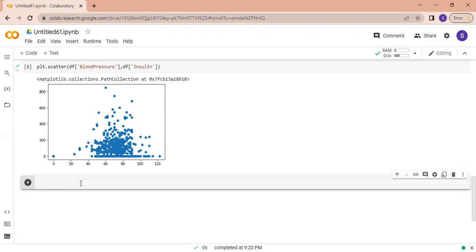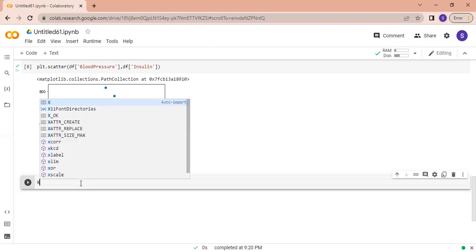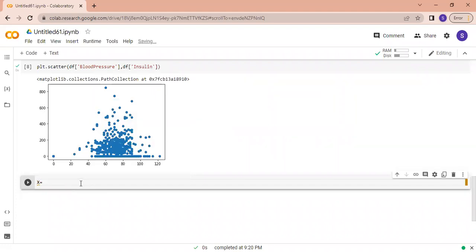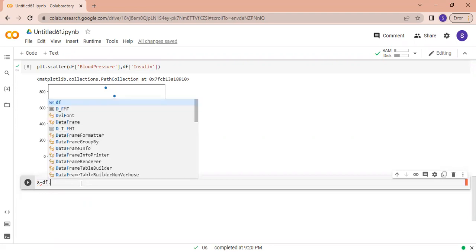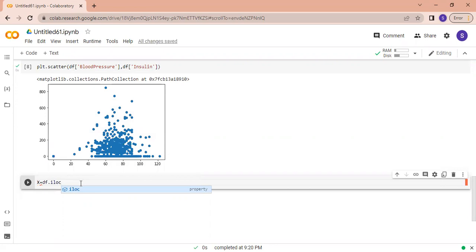Now I am preparing the data, that is the predictor variable. I am using x equal to df.iloc,